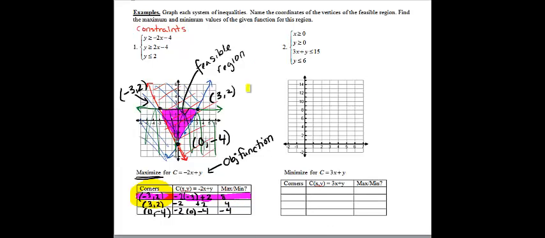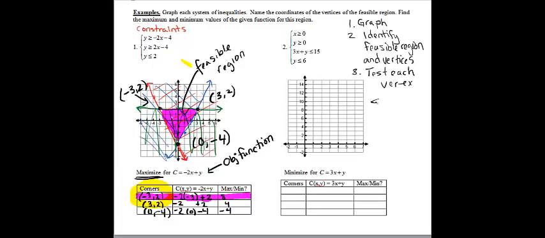Okay, let's summarize our steps. First thing I want to do is graph. Second thing I did was to identify the feasible region and my vertices. Third, I test each vertex. And lastly, I've picked the one that's most ideal, the optimal